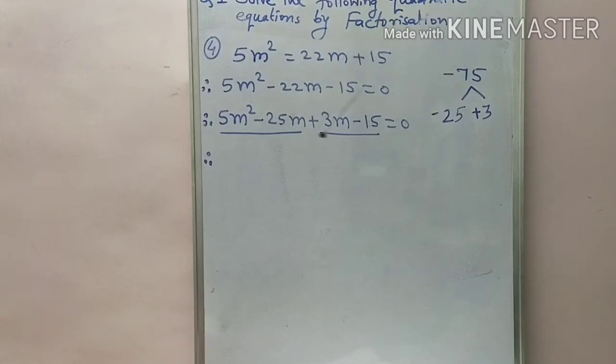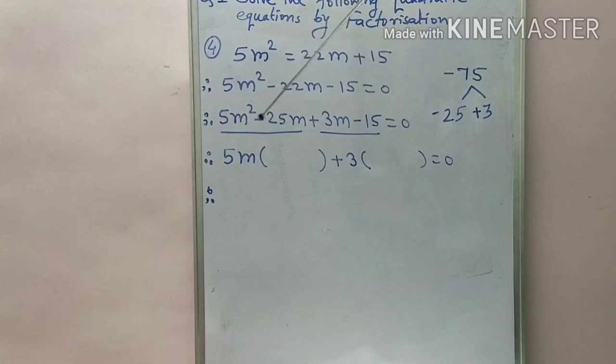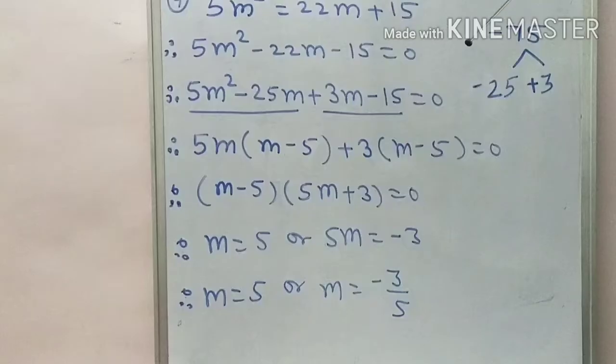Now here we take the two groups, and now we take the common factor from each group. Okay, so from the first group, here the coefficient is also common, 5, and the variable term m is in both terms, so m is common, 5m is common, so the remaining terms we write down in the bracket. From the second group, here we notice that 3 is common, so we write down the remaining terms in the second bracket. Okay, so like this we simplify it.